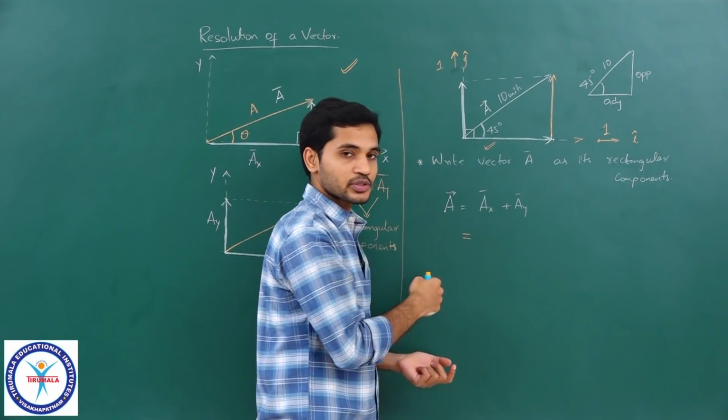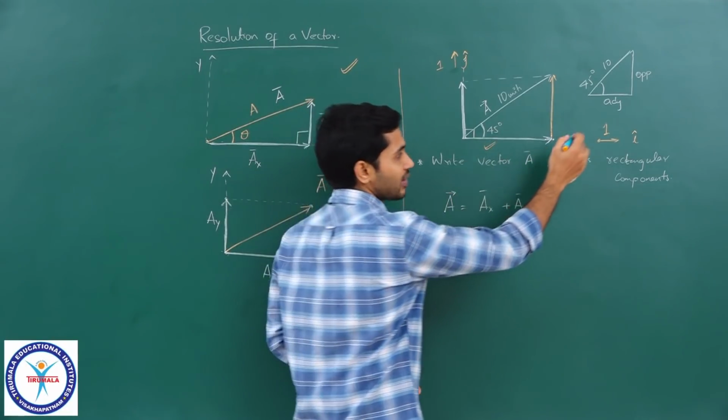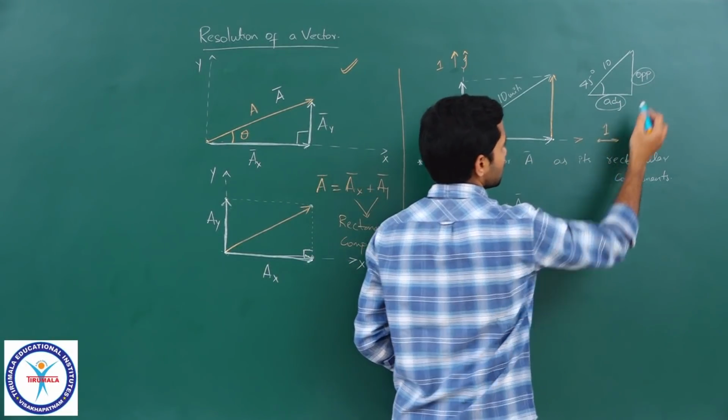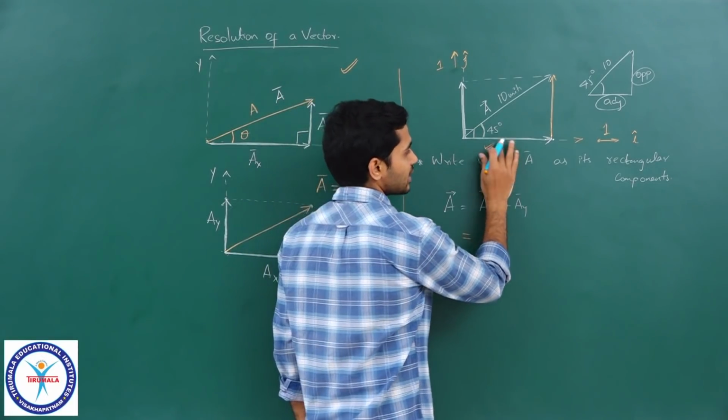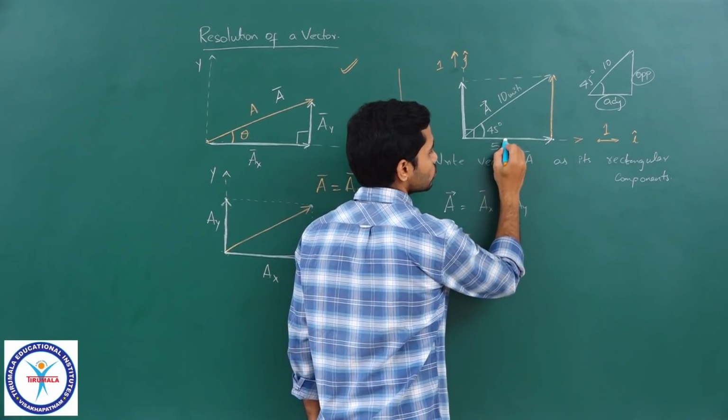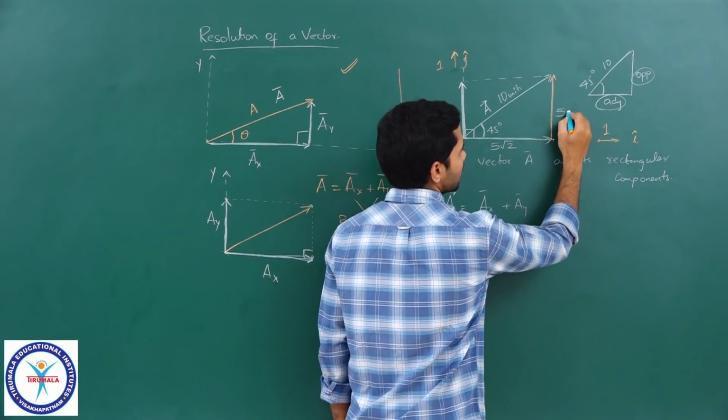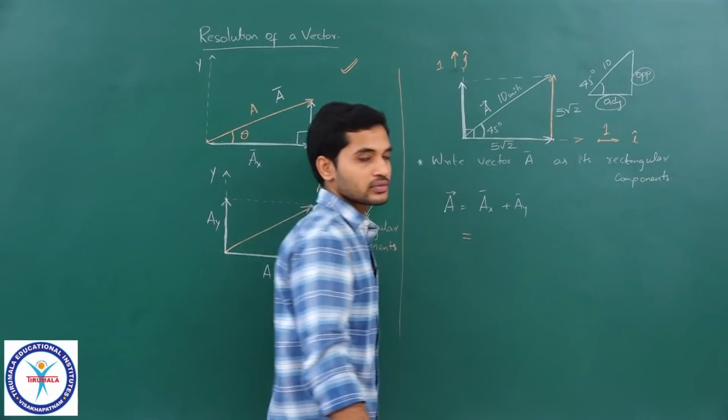I will directly write down the expressions. I want you to understand what the values of adjacent and opposite are. So, I hope you can easily do that, right? Okay. So, if I do that, I would be getting this length as 5 root 2 and this length as 5 root 2, clear. So, do that.